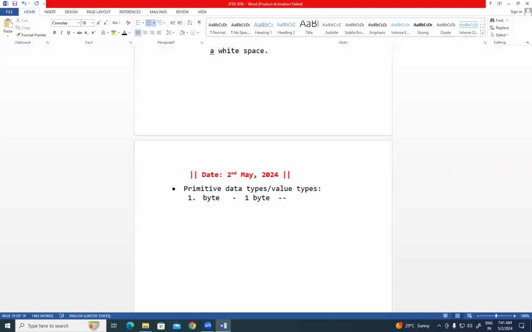If you declare any memory with the data type as byte, the data type is used to tell how much memory is to be allocated. The data type tells about how much memory should be allocated for a variable. That is the data type. Okay. The data type also tells about the type of the value that a variable can hold, or the type of the value that a variable can store. For example, if the data type is char, then